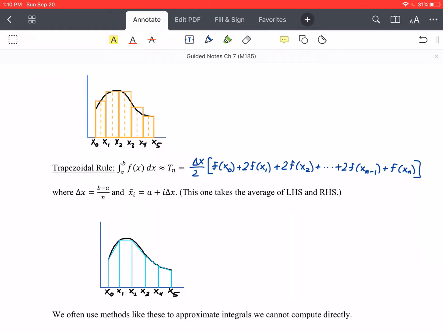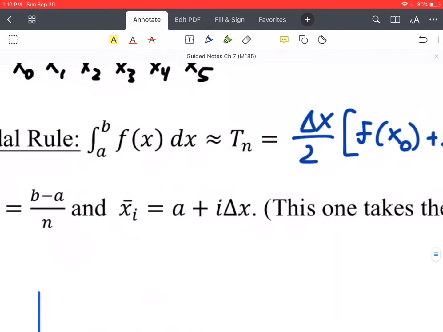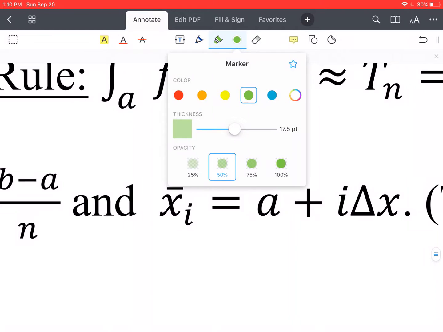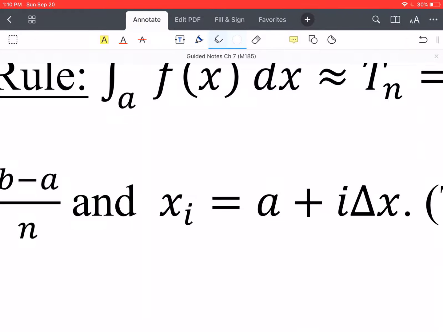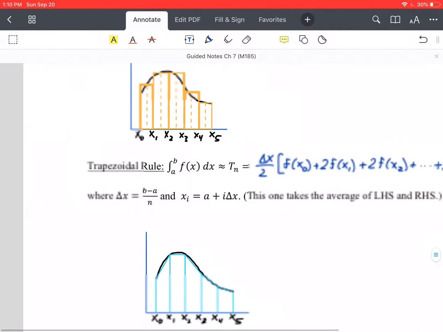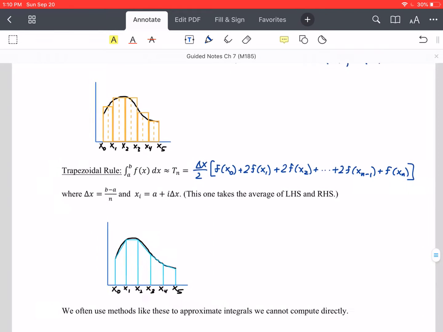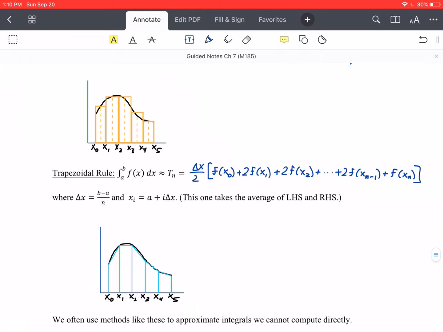And this is where delta x, of course, means that same thing. So the interesting thing about this, I have this x bar here. That should not be a bar. That should just be x sub i. Okay, so what this one is actually doing is taking the average of the left-hand side and the